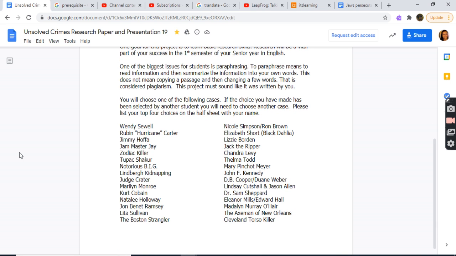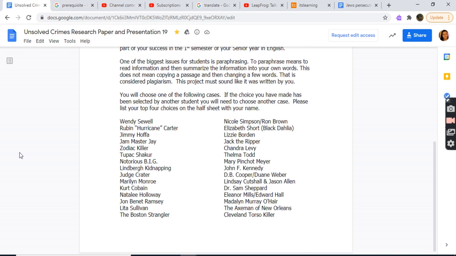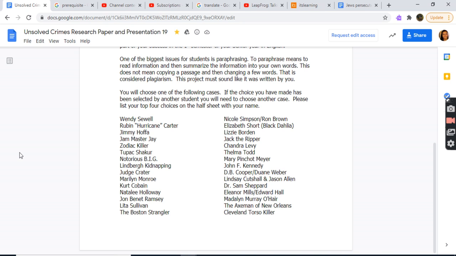You'll choose one of the following cases. If the choice you have made has been selected by another student, you will need to choose another case. Please list your top 4 choices on a half of a sheet with your name. Sorry. Wendy Sewell, Robin Hurricane Carter, Jimmy Hoffa, Jam Master J, Zodiac Killer, Tupac Shakur,